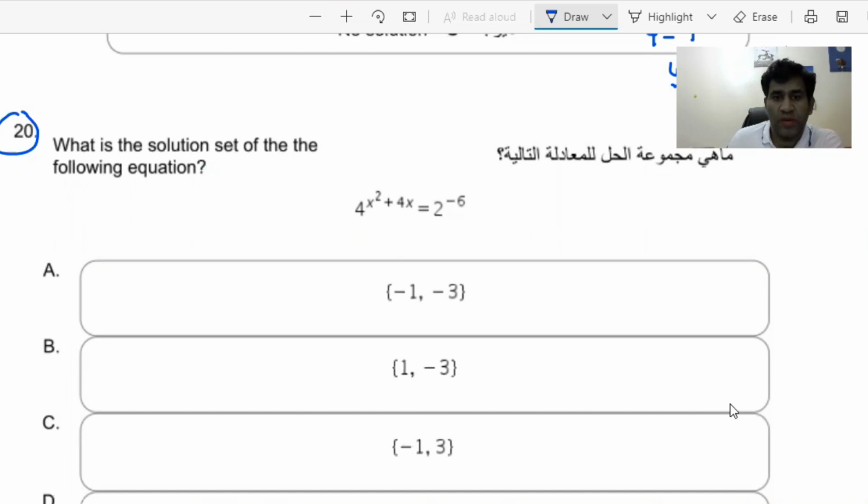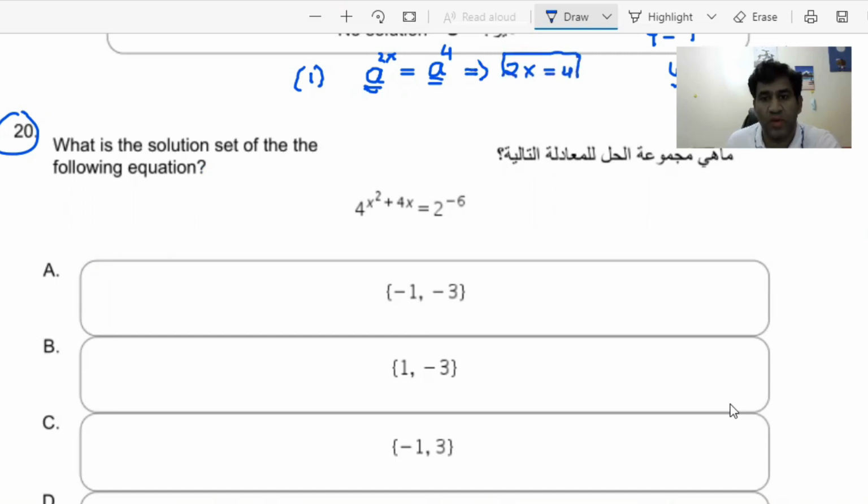The first rule we're going to use here is, in an exponent, if the bases are the same, we can equate their powers. So let's take an example. If I have a to the power 2x is equal to a to the power, let's say, 4. Now look, in this case, a is called the base, and 2x and 4 are called the power, or we can also say exponent. When the bases are the same, then I can equate their powers. So I can write simply 2x equals 4 and I can solve for x. This is one rule we're going to use here.